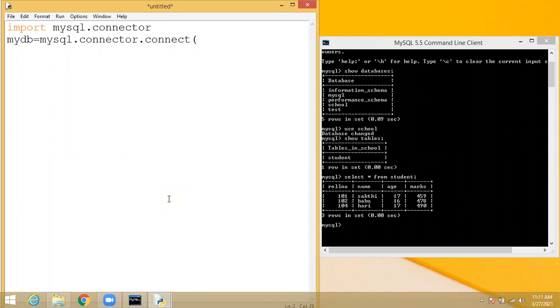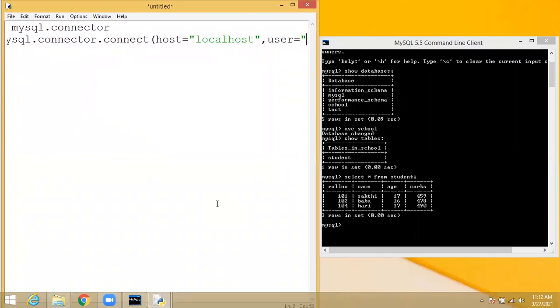What are the credentials we have to give in the connect function? What are the things we have to give? Host. What is the host name? Localhost. Yes, localhost. Students, everyone try to tell the answer. Then after host, we have to give the username of the MySQL user.